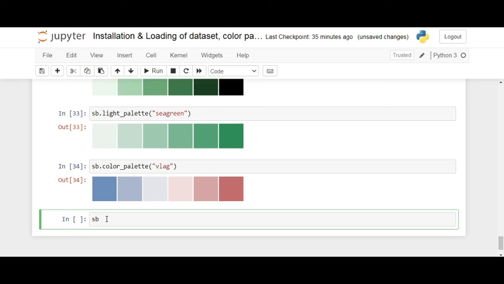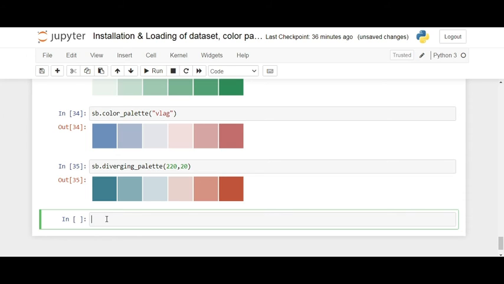So I will use sns.diverging_palette, and here you can give the values 220 comma 20 and hit enter. Now observe it. The previous case and this case are almost the same, but there is a bit of change in the intensities.